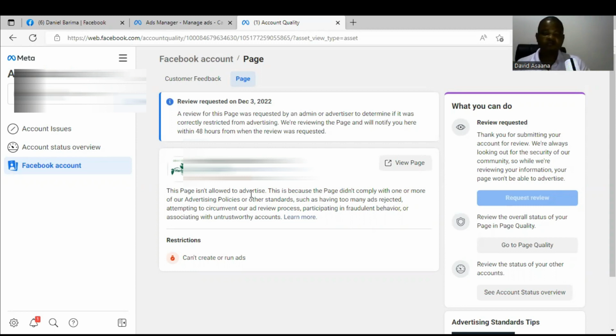I know if you do this, and you submit it after you've changed your name to match your ID card, and then your gender and your birthday, it is going to work out for you. They will really reinstate your account for you. So this is exactly what you need to do. If you do this and your account is still not reinstated, whether it is your page, your account, or your business manager,